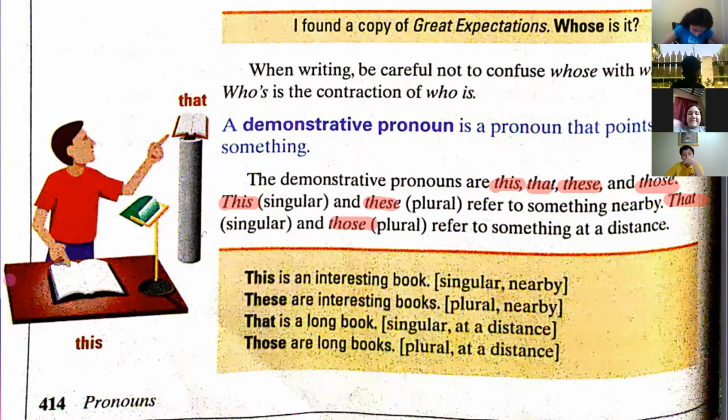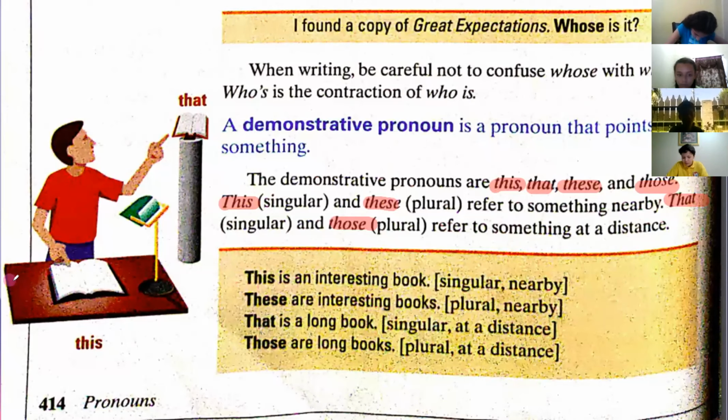So I can say that this is a notebook, okay? This is a notebook. And I can say that this, and it sounds different. This is a notebook. These are my notebooks because they are close to me, all right? But if I put them away, it's like, that is my notebook and those are my notebooks. Exactly.